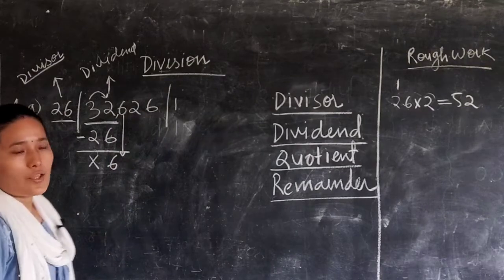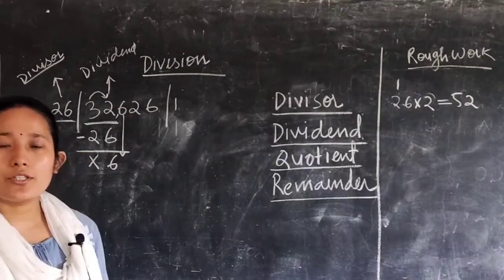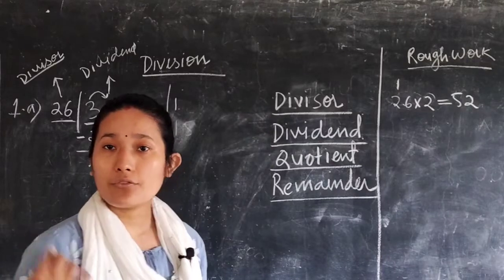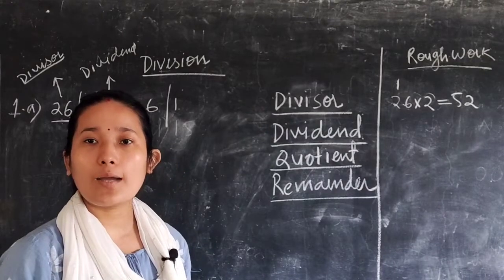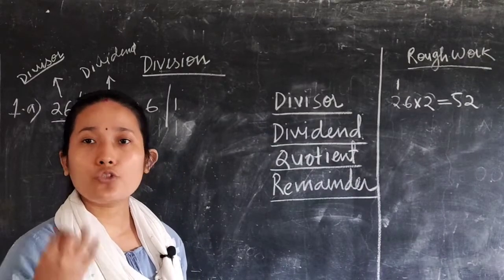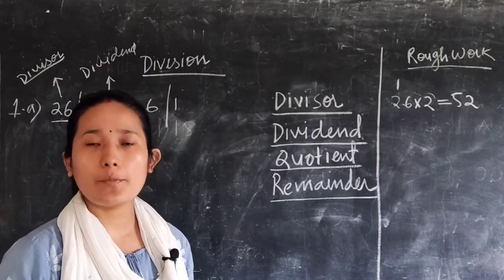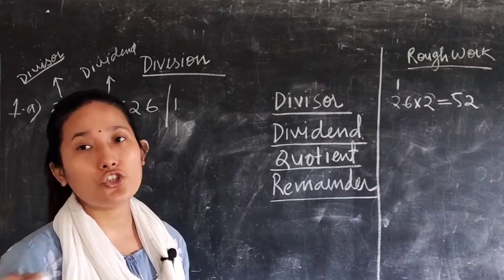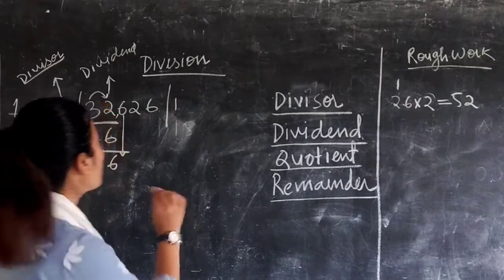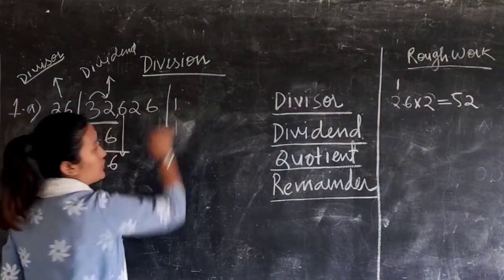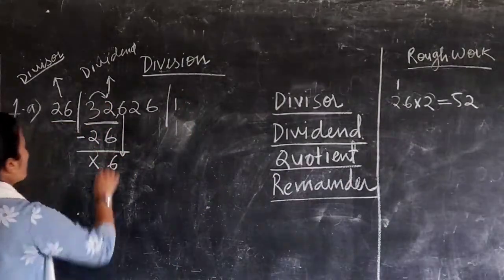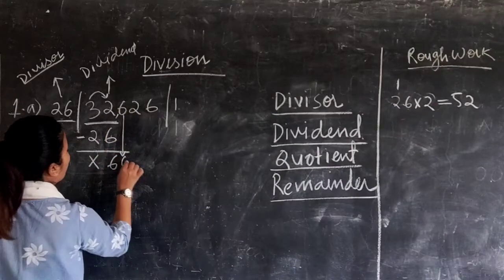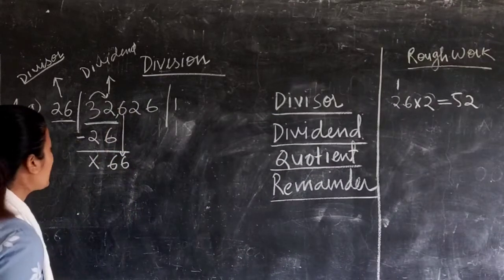Now if even after carrying out the one number, the number is less than that of a divisor, okay, then what you have to do is you have to carry two numbers, and whenever you are carrying two numbers downward, then you have to add 0 to the quotient side. So this one is your quotient. Okay, so here you have 6, so you will carry downward 6, so you have 66.